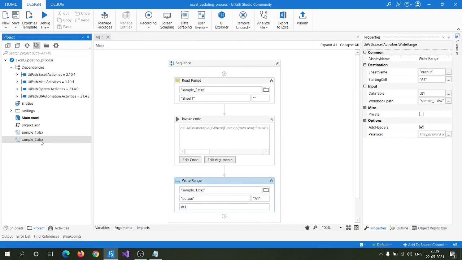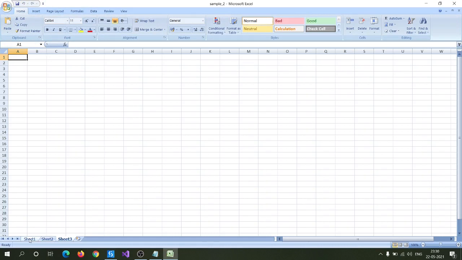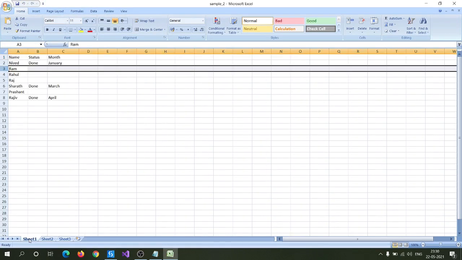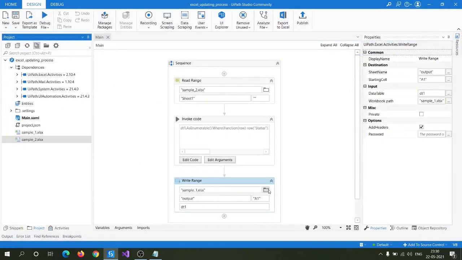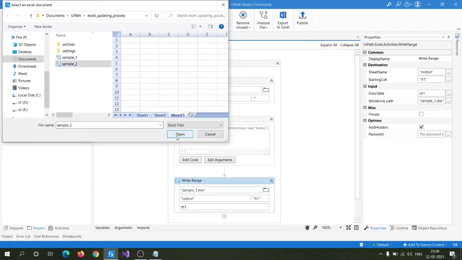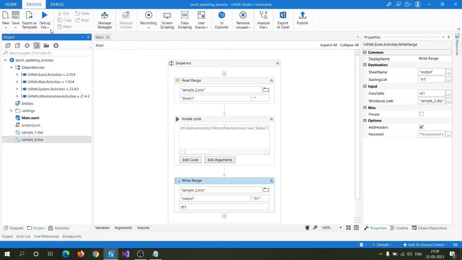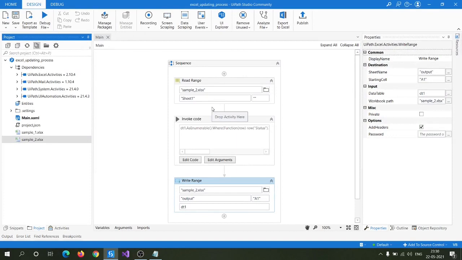Let's check the Excel file, sample underscore 2 dot xlsx. Oh, sorry, I think there is a small issue here. I forgot to change it for sample underscore 2. Let me try it once again.